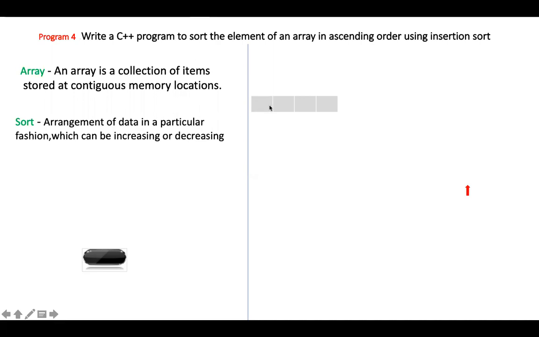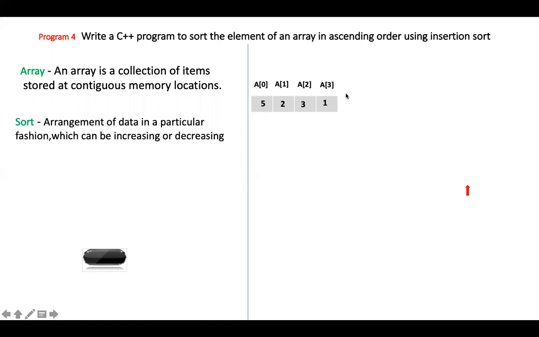Yes, it is 4. So array addresses will be up to 3. That is a of 0, a1, a2. Yes, good: a0, a1, a2, and a3. So n value will be 4. If we give n value as 4, it will make 4 memory locations, and each one will have an address like this: a0, a1, a2, a3.